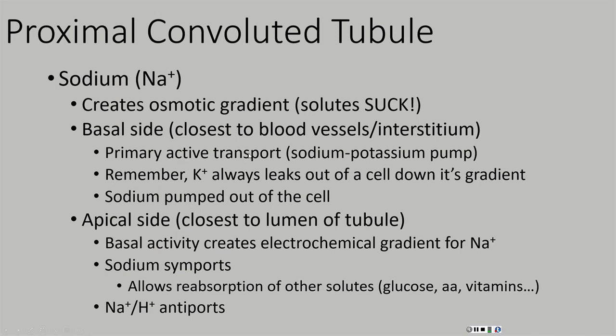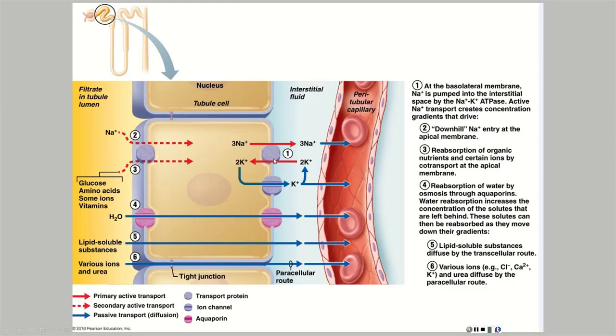So we have primary active transport, those sodium-potassium pumps. Whether or not aldosterone is present, we're always going to have some sodium-potassium pumps. We saw last class that aldosterone just makes more sodium-potassium pumps, but it makes those much later in the nephron, in the DCT and the collecting duct. So we're in the PCT right now.